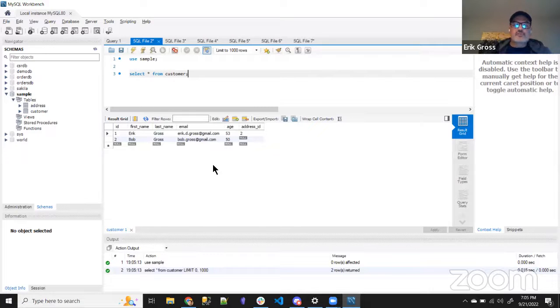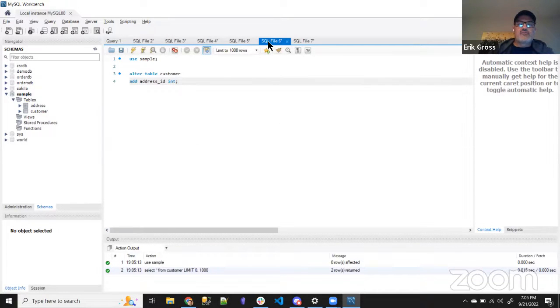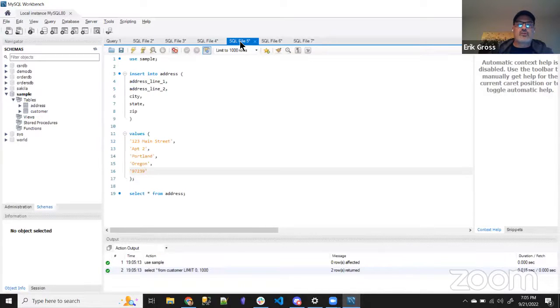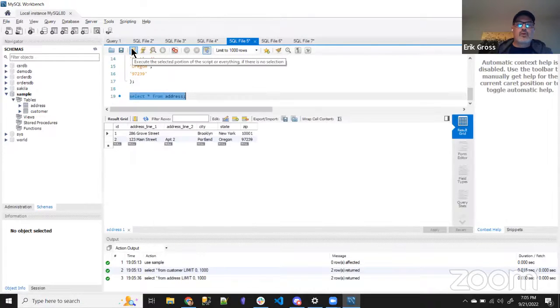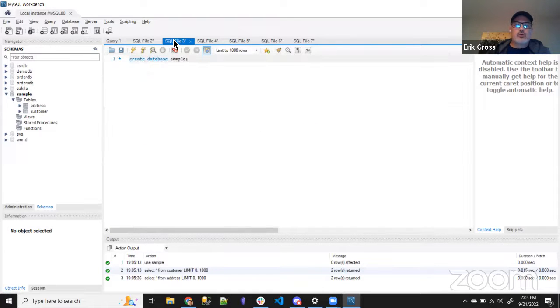The first thing was for this customer named Bob Gross to give them an address ID of 1. And I think if we go over to address, or select all from address, there it is, at the bottom here. If I run that, we've got our 2 addresses. We've already said that for Eric, he's related to address 2 in Portland, but we wanted Bob to be associated with address 1 over in New York. So if we look at